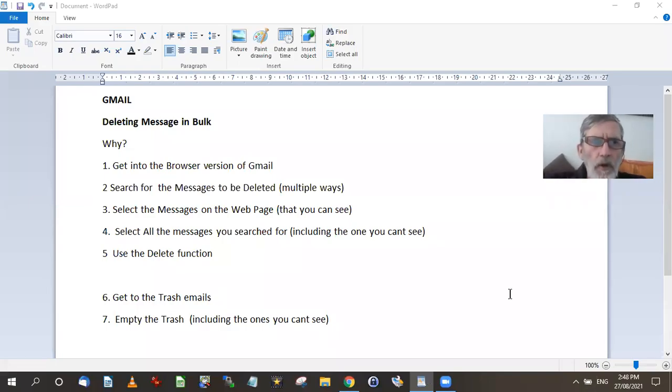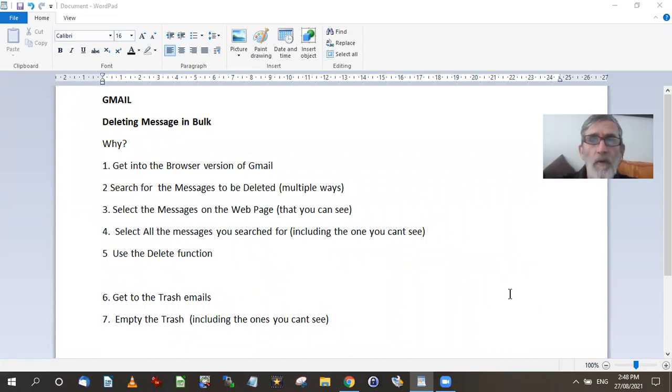This is a video of how to delete messages in bulk in Gmail. And before I do that, you might want to explain why you want to delete messages in bulk in Gmail. If you're using Gmail, you have a free, via Google, 15 gigabyte of storage for your emails. Some people get very close to and exceed that. If you do exceed that, you either got to buy more storage from Google or you have to delete some